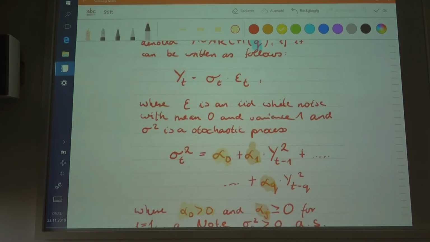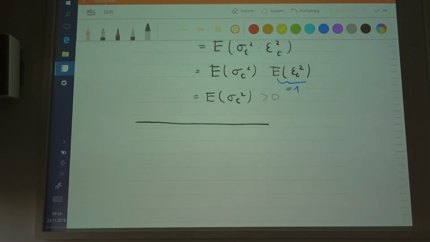Let me summarize some other properties. So for autoregressive conditional heteroscedasticity, we have that the variance of the current innovation